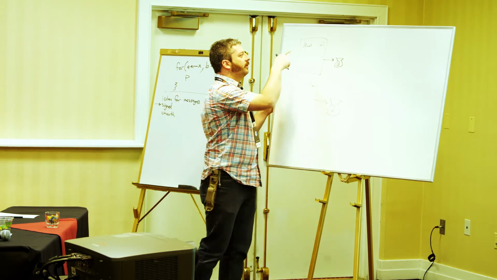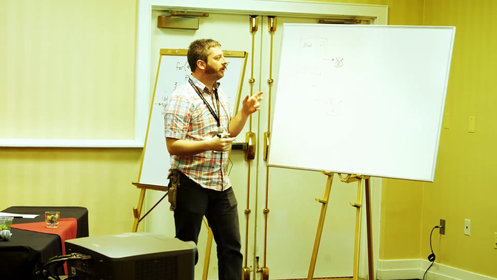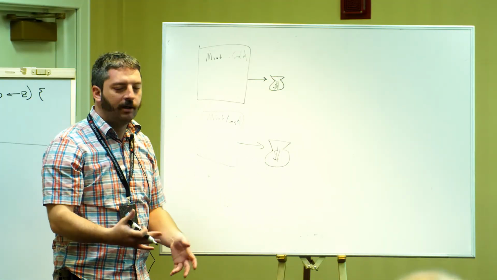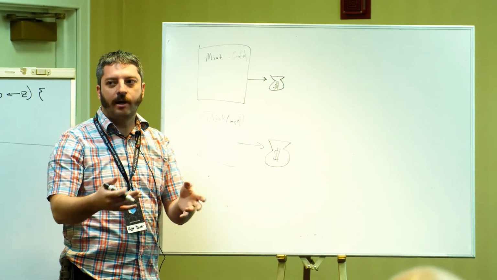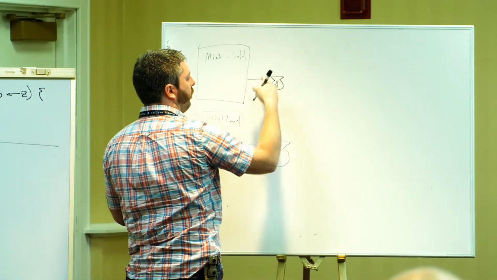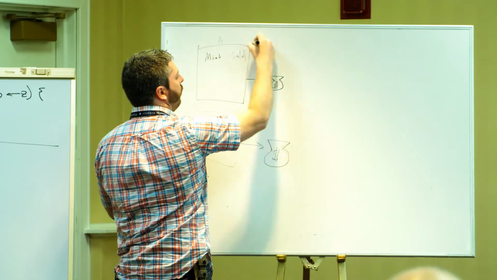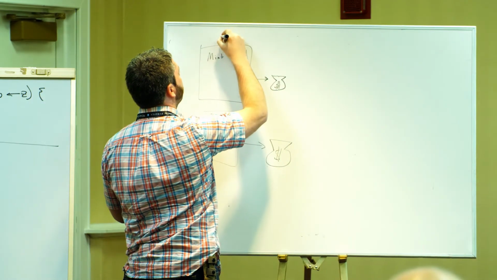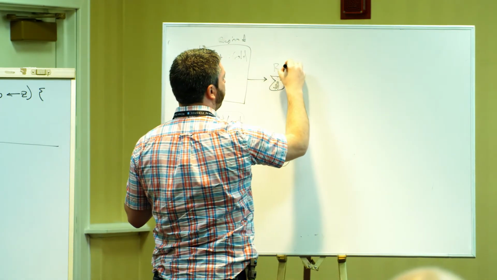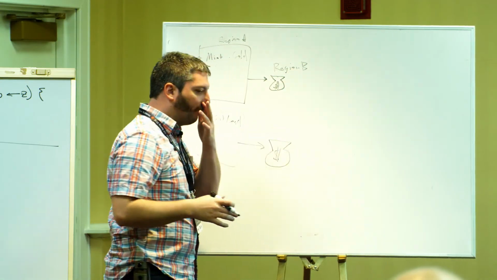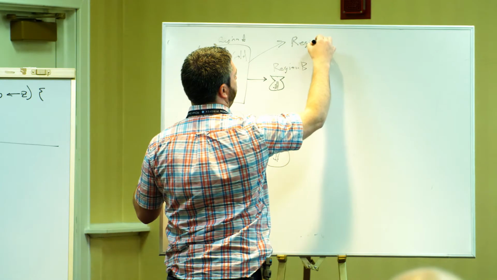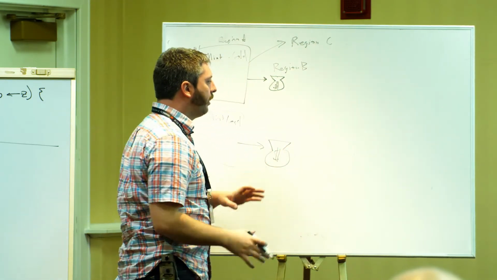No matter where the mint lives, you can create a new purse. You can say, create me a new purse. You can give it the name where the purse will live, and it can construct derived names so that everything lives in the correct spot. So even if the mint is in region A, the purse can live in region B. And then you can create another purse in region C.